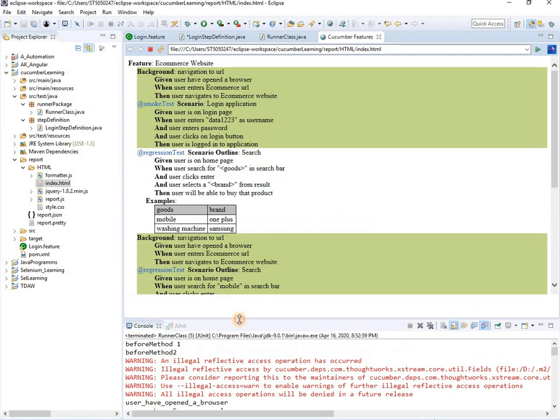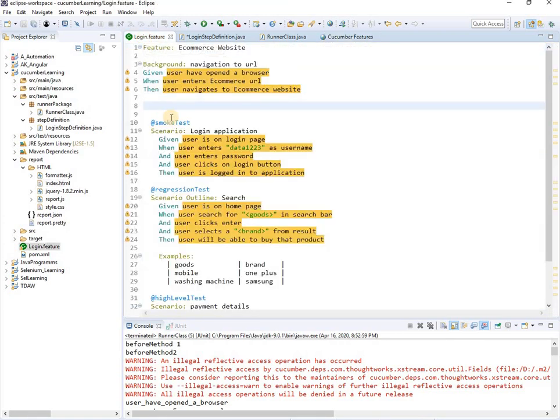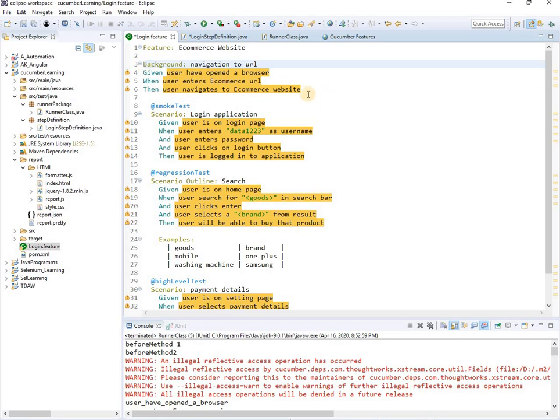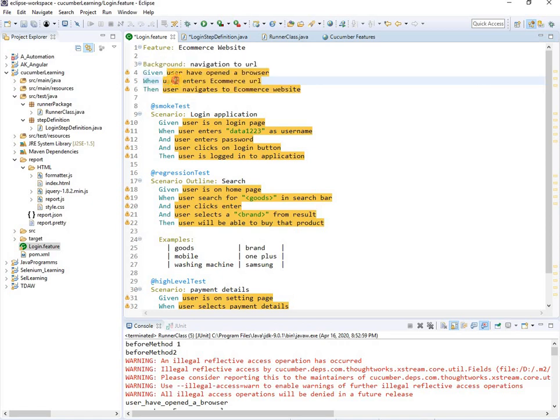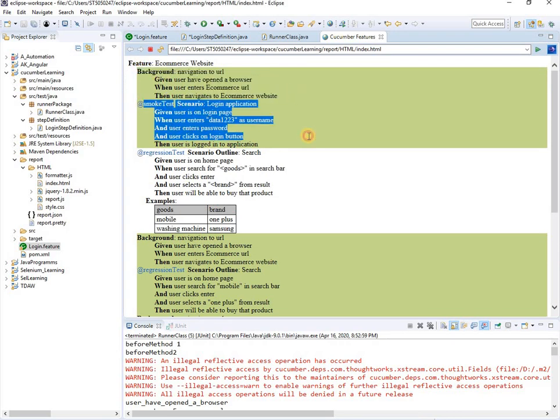So this is the report. Firstly, Background is executed. Why is Background coming here in the report? Because the report is generated using the feature file, and in the feature file, as I already told, Background has its own set of data. You can see what steps I am performing, what keywords I am using. But @Before and @After won't have it. So that is why Background is coming in the report, then scenario 1.